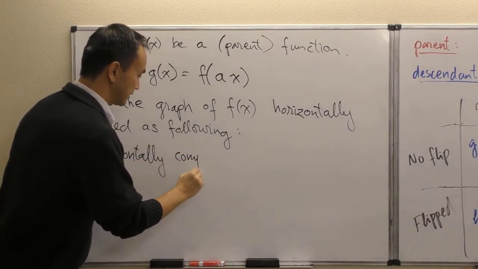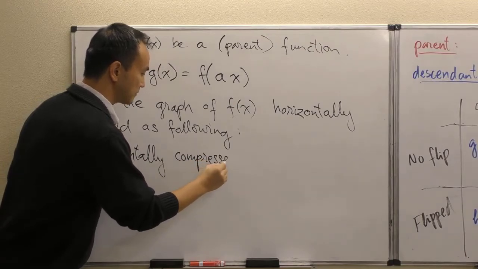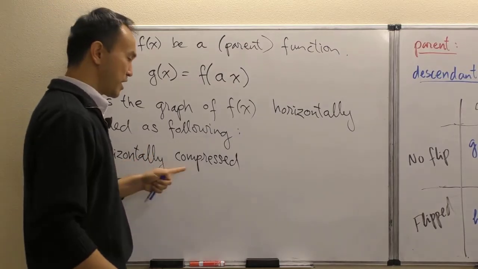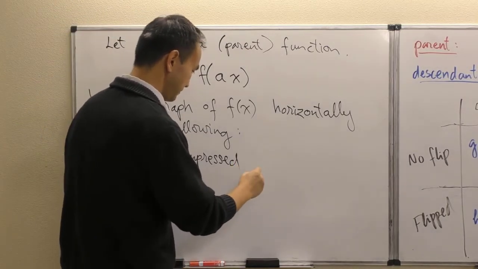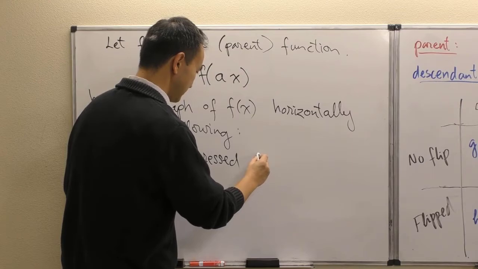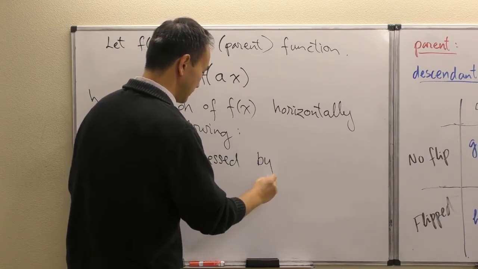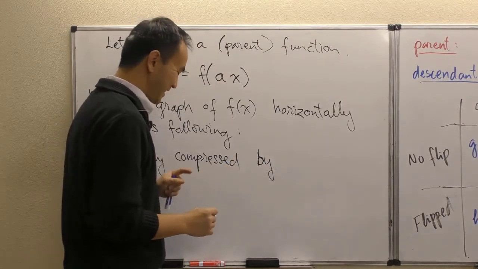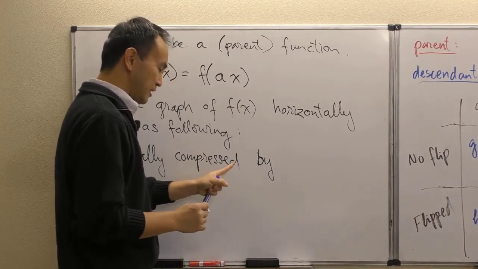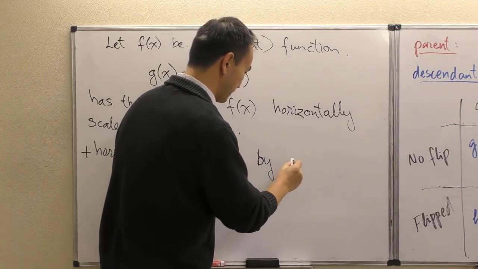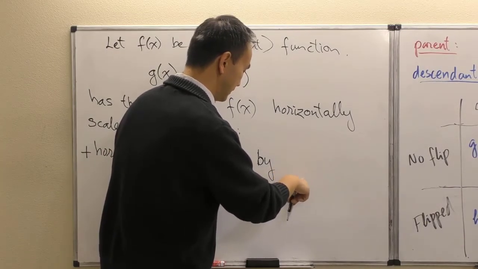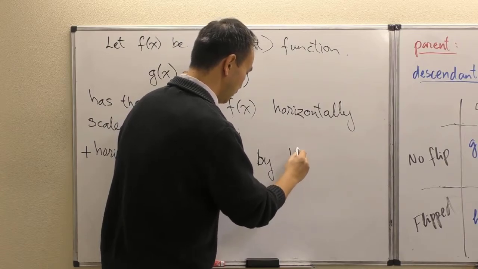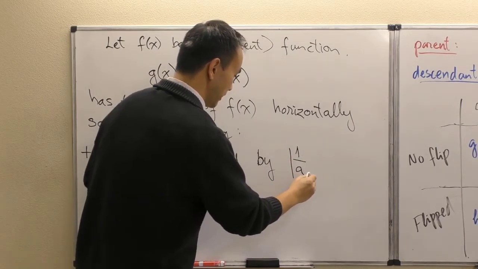It's going to be horizontally compressed. Okay, and now I'm going to get even more precise, and I'll get back and explain that. It's going to be horizontally compressed by the absolute value of 1 over a,